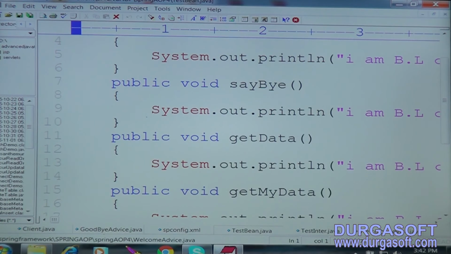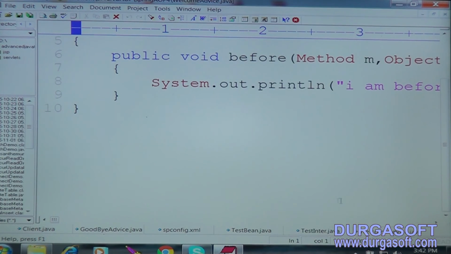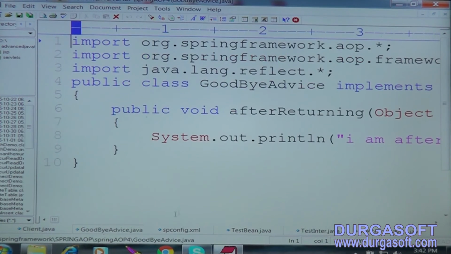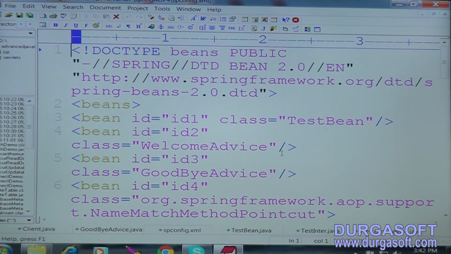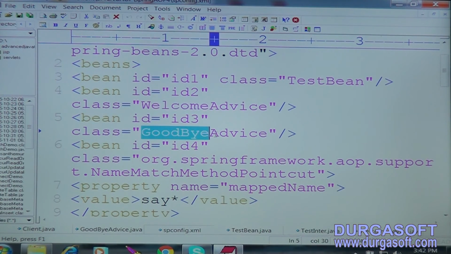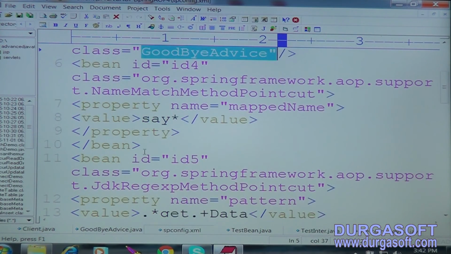Then next, WelcomeAdvice. The next, GoodbyeAdvice. Now the configurations, Spring configuration. First I configure TestBean, the next WelcomeAdvice, GoodbyeAdvice, the next